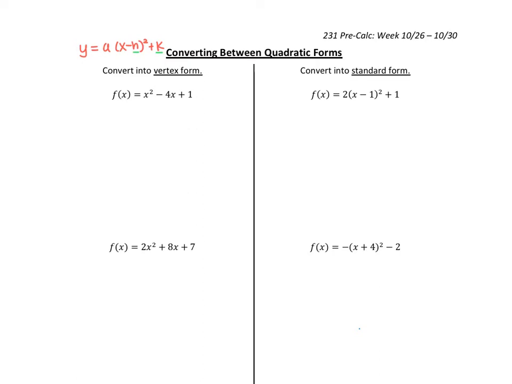So let's find the vertex. I know that the x-coordinate of the vertex is negative b over 2a. So that's going to give me the negative of negative 4, which is 4, over 2 times 1, equals 4 over 2, which is 2. And then plugging in 2 as the input into my f function, we can find the output. 2 squared minus 4 times 2 plus 1, so that's going to be 4, minus 8 is negative 4, plus 1 is negative 3, and so my vertex is (2, negative 3),